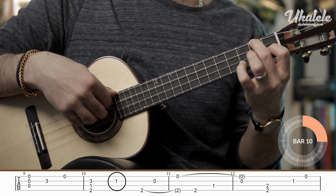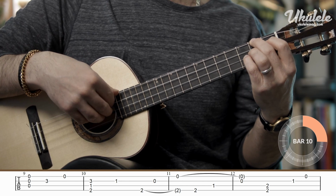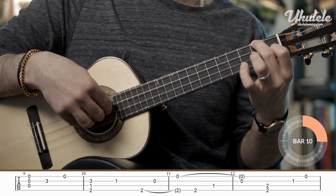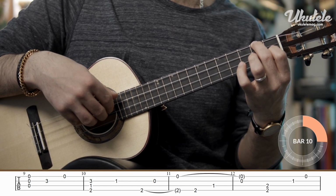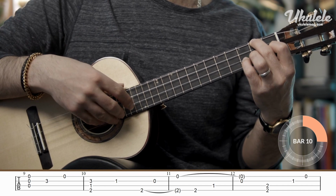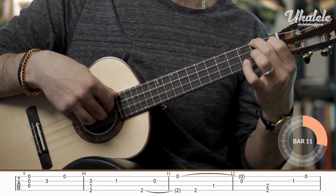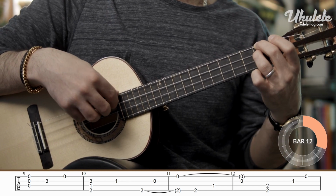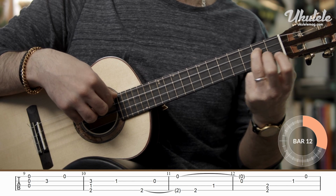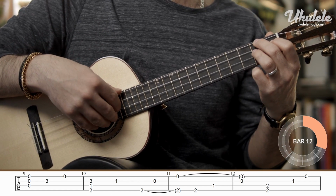Here, when you play the 1st fret, make sure you maintain it all the way to the open E. Now you can let go of it. So don't let go of it under the A in the bass. Let go of it when you need to play the E. So it's the D note, or the 2nd fret on the 3rd string, that resolves that entire phrase. So that becomes...